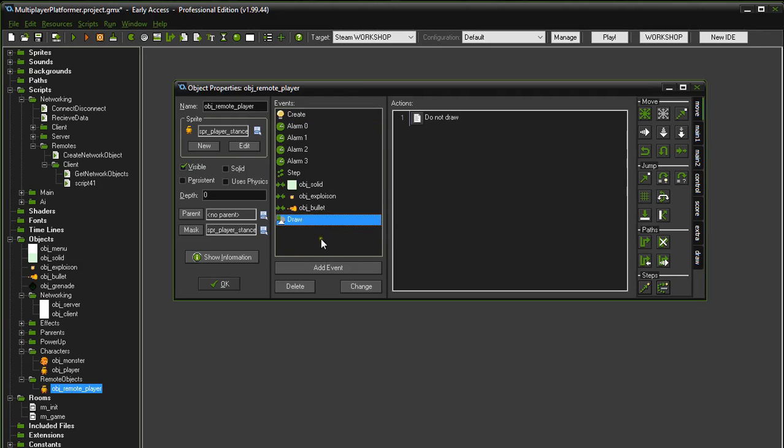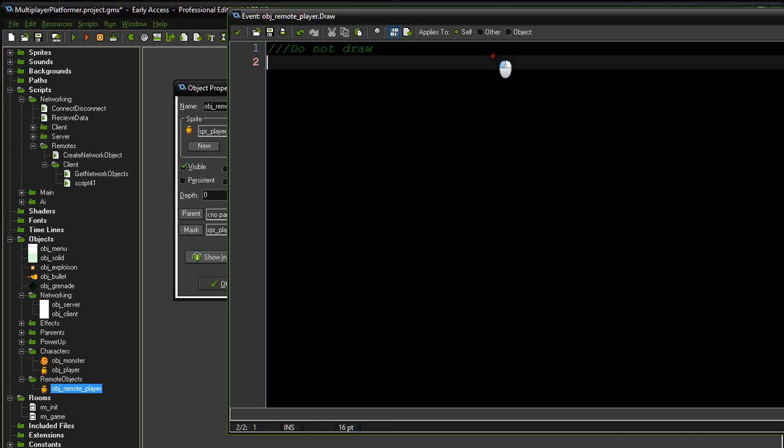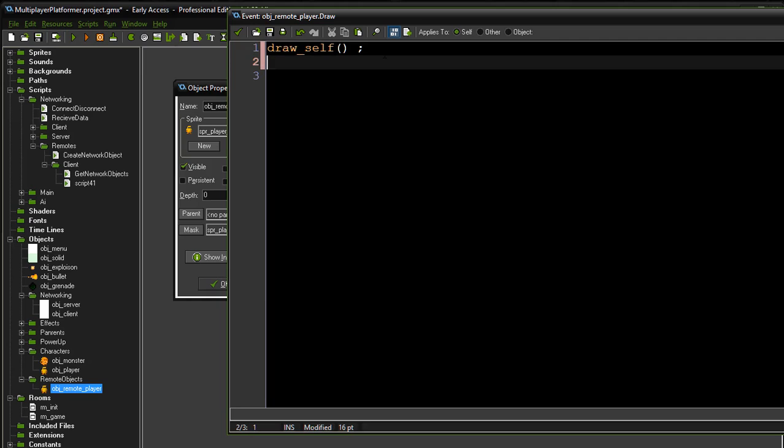So in the draw event, yeah, why not? Oh well, basically we of course need to draw it. So draw self, and also I'm going to draw text XX, or should I say XY, and it's gonna be the string of the remote ID plus slash here, the string of, wait,